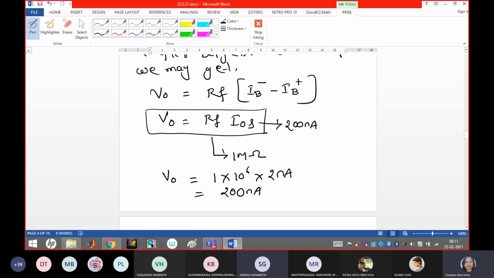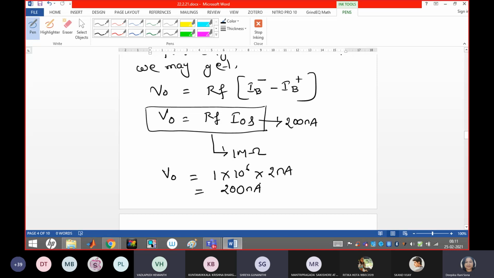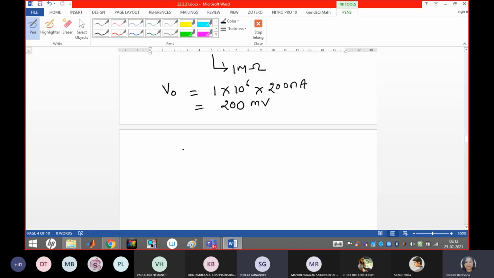Okay. So now, sorry, millivolt it will be. 1 mega ohm into 200, you just check. 200 millivolt only, ma'am. Yeah, I'm telling, no. Right now it's 200 millivolt. Earlier I wrote 2, no, that is not 2. 200 nanoamp. Okay. So now you just see, guys, without any input, again 200 millivolt of voltage is appearing at the output voltage.